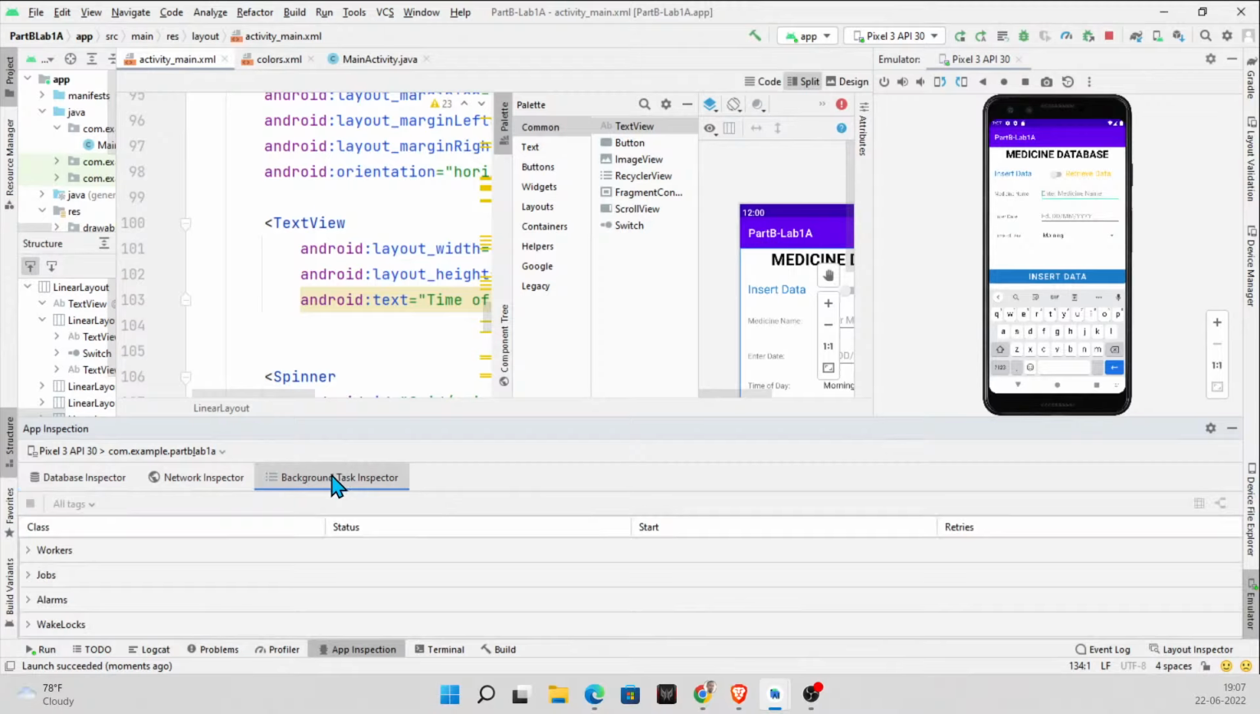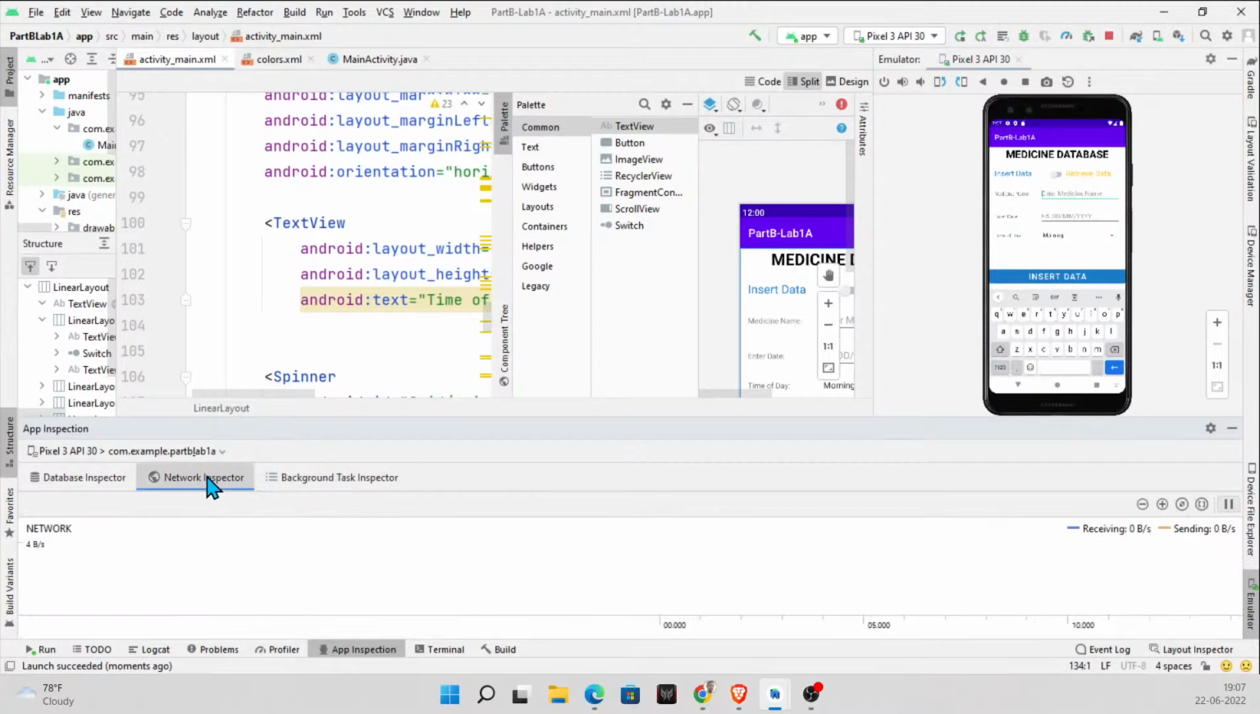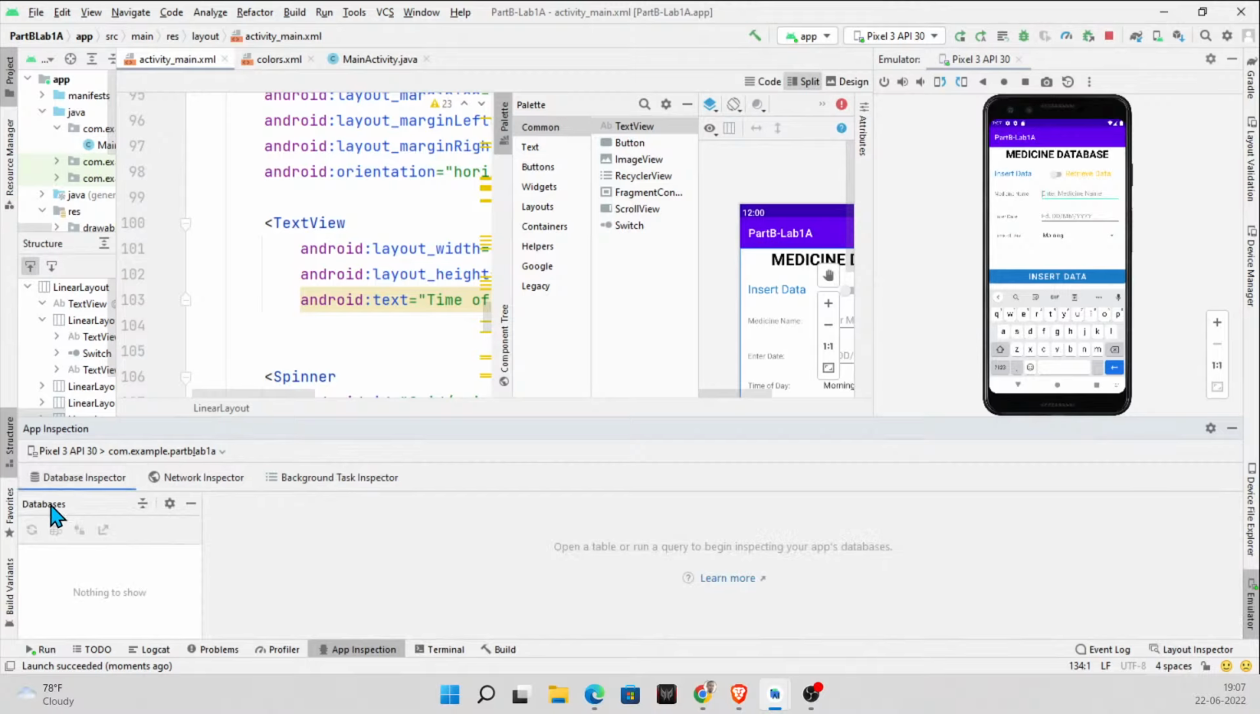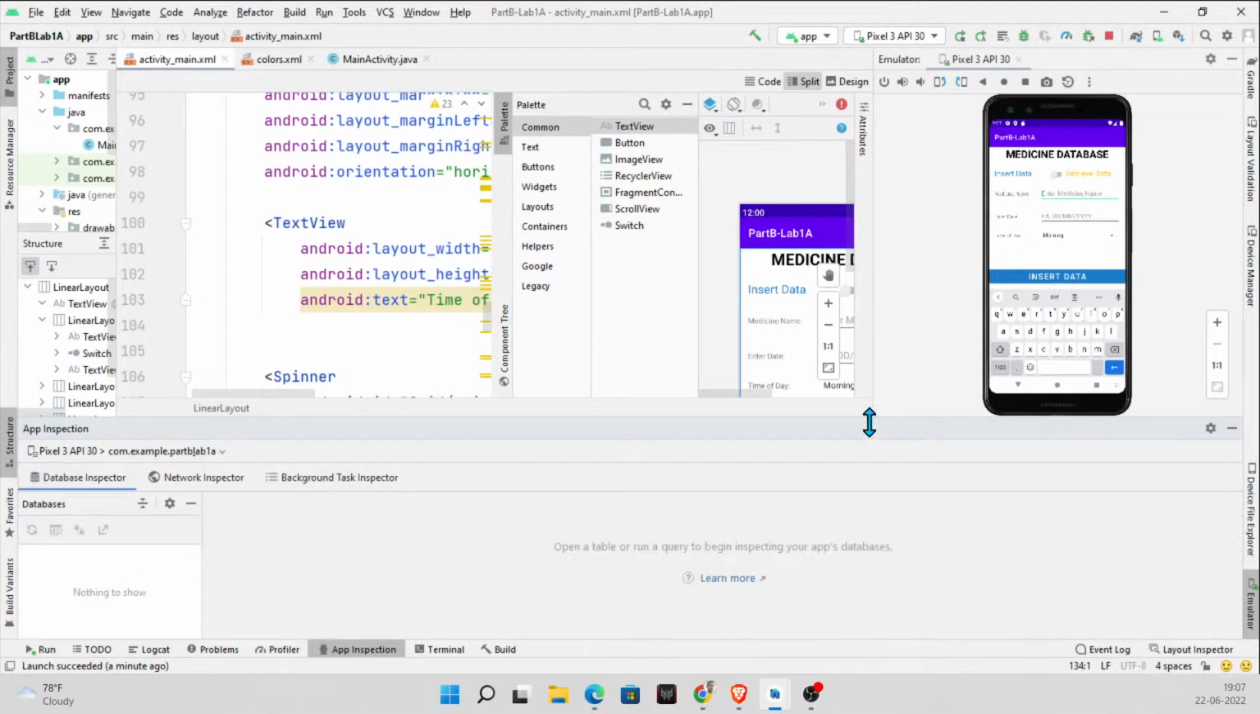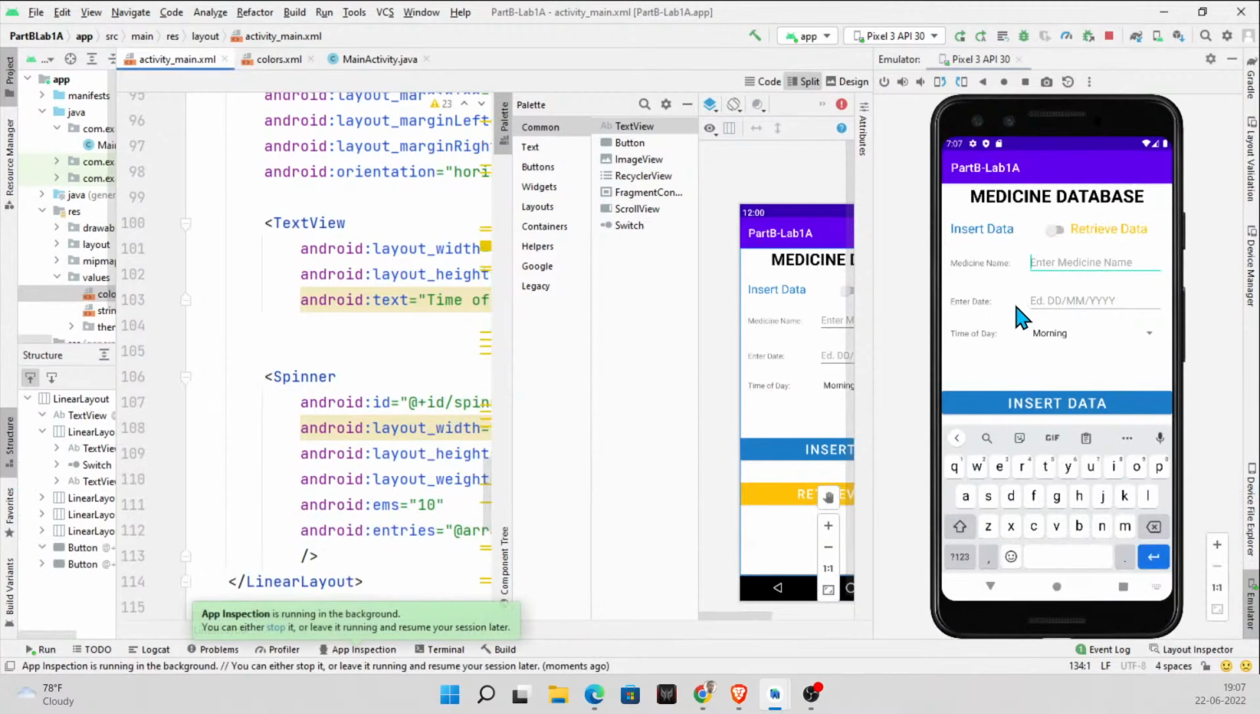it might leave you at Background Task Inspector. Next is your Network Inspector, and finally is your what? Database Inspector. So ensure you click on that in case you happen to land here by chance. Fine. So go back to that Database Inspector, and if you try inserting something now, you say